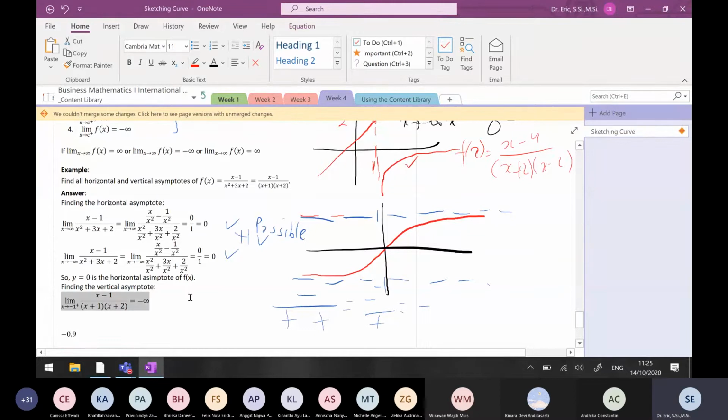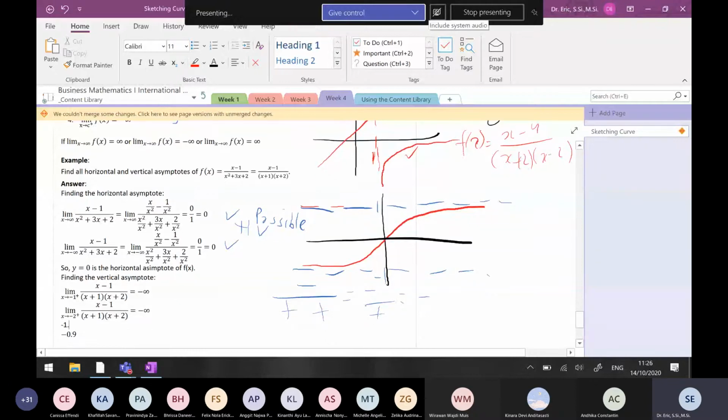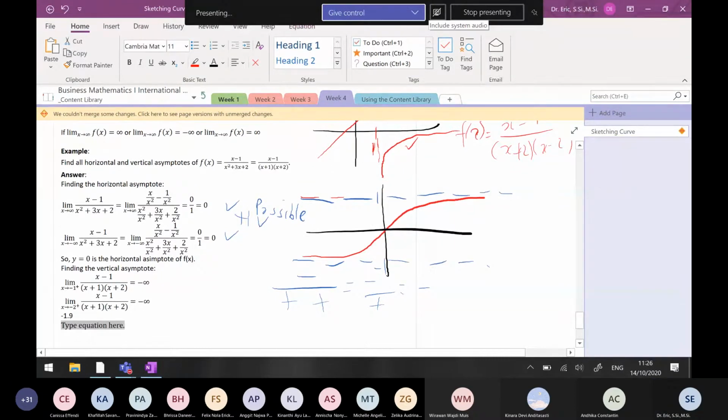The same, you can do this for x goes to, let's say you have, the zeros are minus 1 and minus 2. This is minus 2. Okay, yeah? For minus 2, I want to find maybe the same, yeah? Minus 2 plus. Minus 2 plus, it means on the right of minus 2, minus 1.9. When I have minus 1.9, I can substitute on the